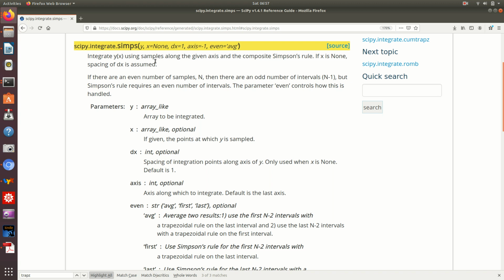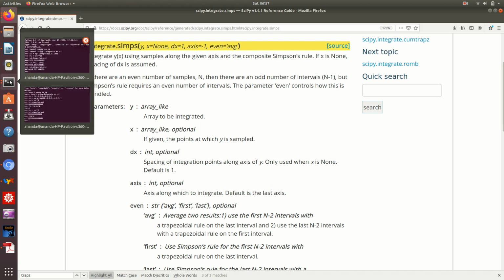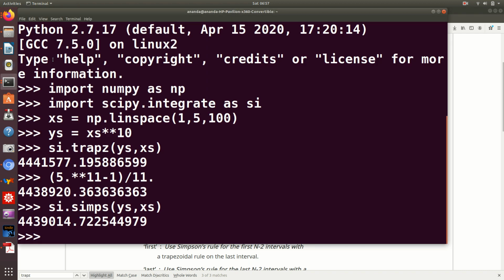Now, what is dx? dx is nothing but a spacing between the x values. Now, you might be wondering why I have to give the spacing between x values. You have already given the x values. And you will be right in wondering that. The dx argument is used only if the x argument is not given. So, if you supply just, say, the value of y's, then Simps uses the dx argument. So, you can actually do this. You can say si.simps y's,